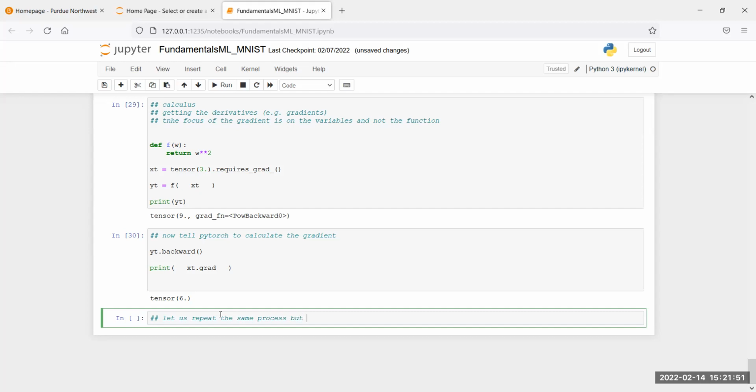So usually we're not just going to have one weight, right? We're going to have a matrix of weights. So let's just try it with a vector of 3 weights, just to see how it would work. So then we can create